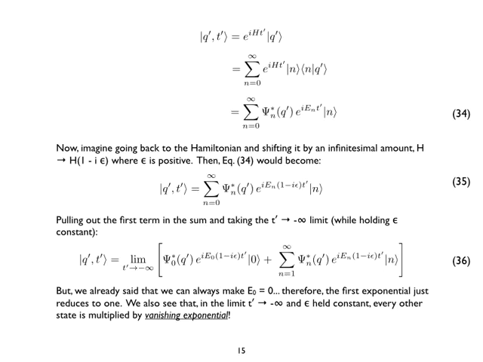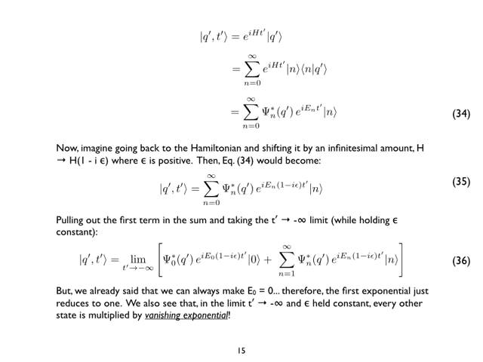If I take t prime to minus infinity, what's going to happen? The first term is just going to give me a constant term, because as I take t prime to minus infinity, it's going to oscillate very fast, but it's not going to blow up or die or anything like that. It's some constant term. But here I've got this minus